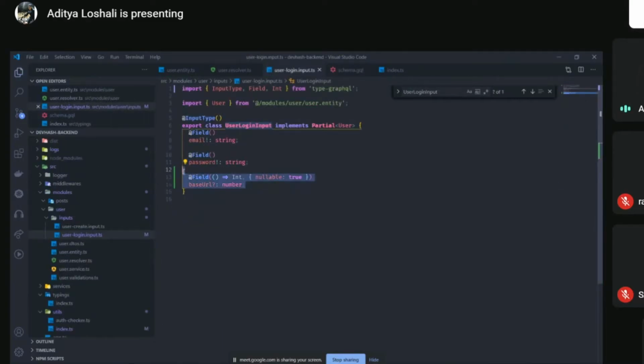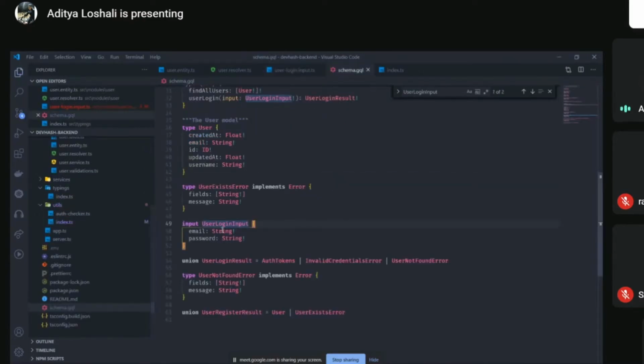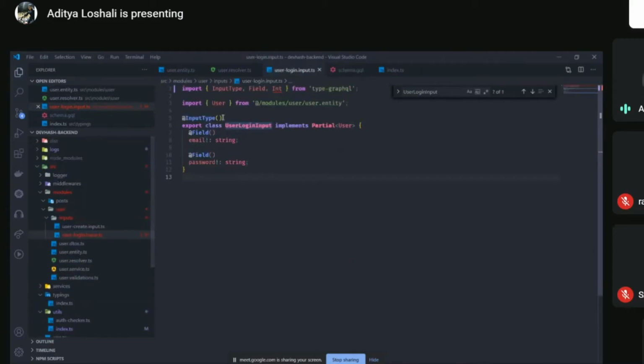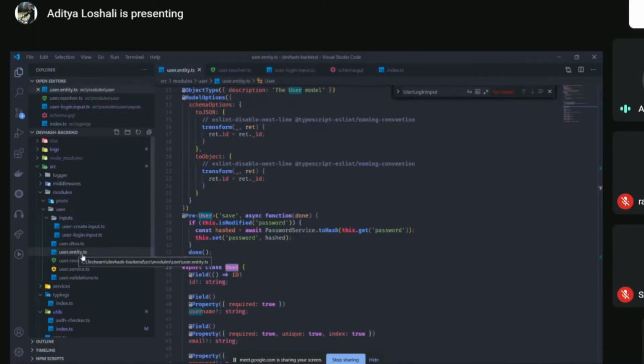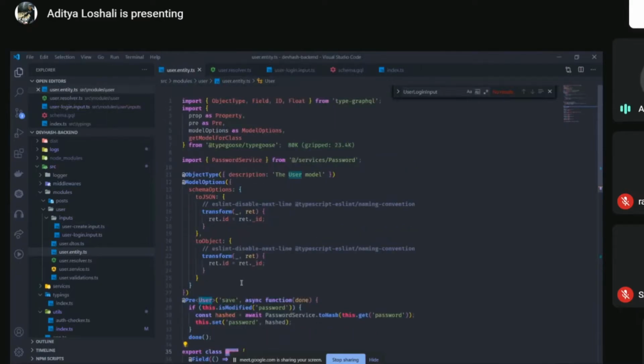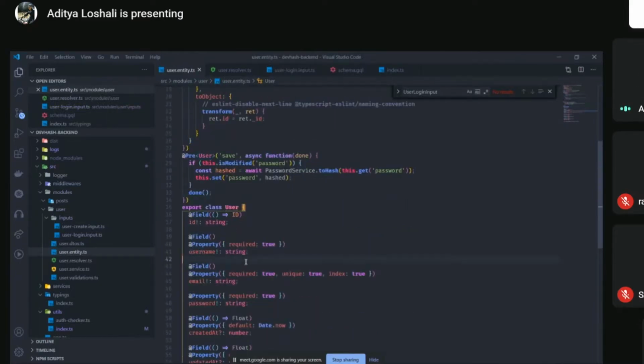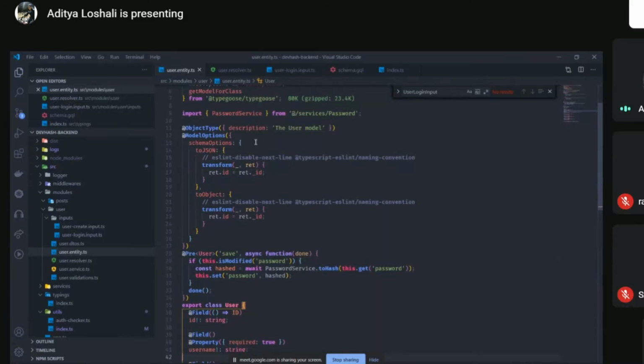Just a second, I'm showing that too. Okay, so this was how the inputs are generated using the input type decorator. And to generate the return schema, we are putting it here in the entity file. This is where we are combining the Mongo schema and the GraphQL schema.